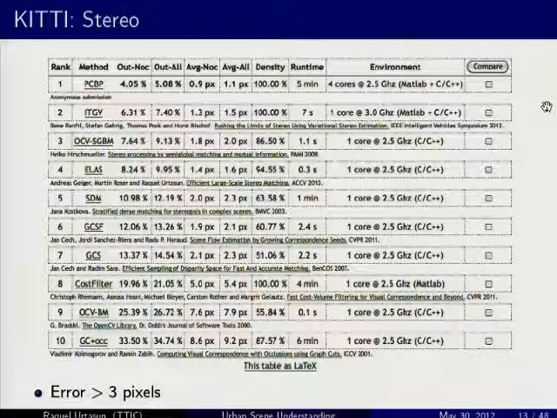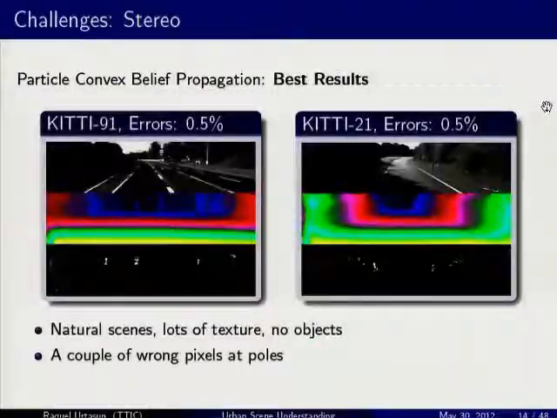The leading method, PCBP, something that I really like, is a learning-based method, so the fact that we have a training set is important. It does fairly well compared to the others, and let me highlight when it works and when it doesn't work.